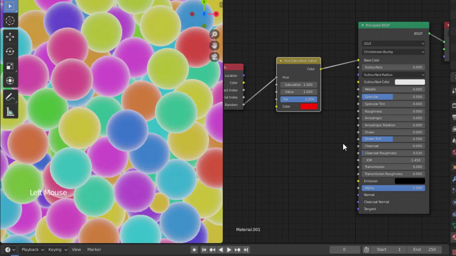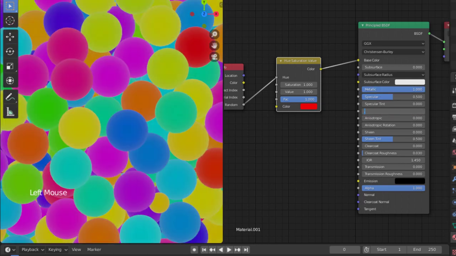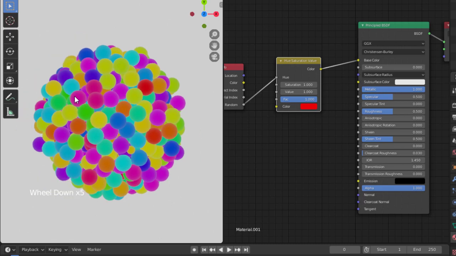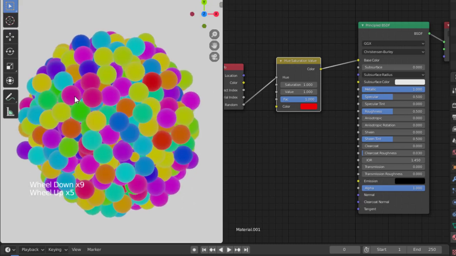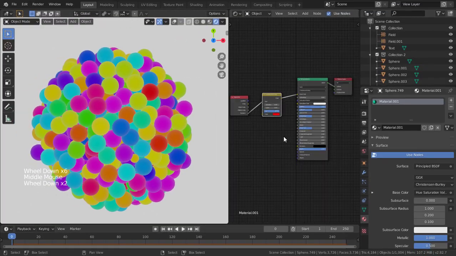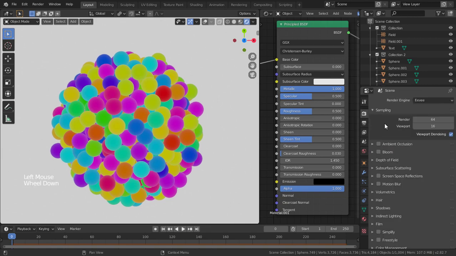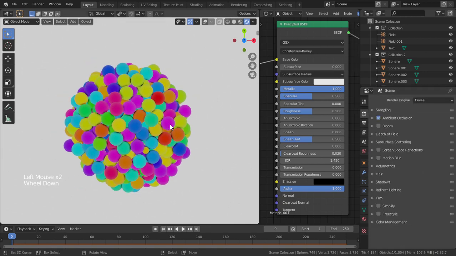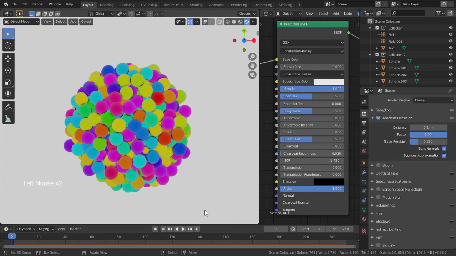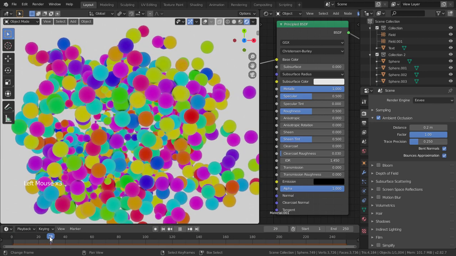Now, change the principled shader's values, and see which type of material will match this animation. To see more effective details of the materials, enable the ambient occlusion render feature in the render properties. Changing the distance value of the ambient occlusion will give more reality to this animation.